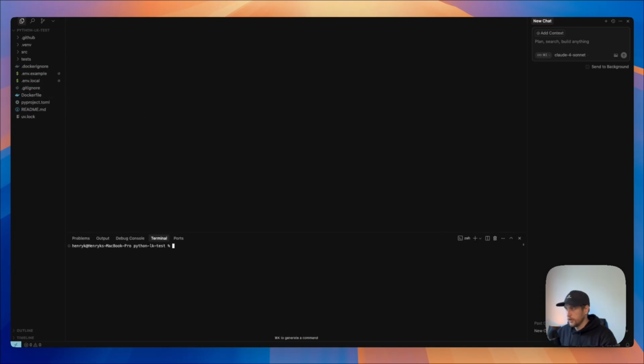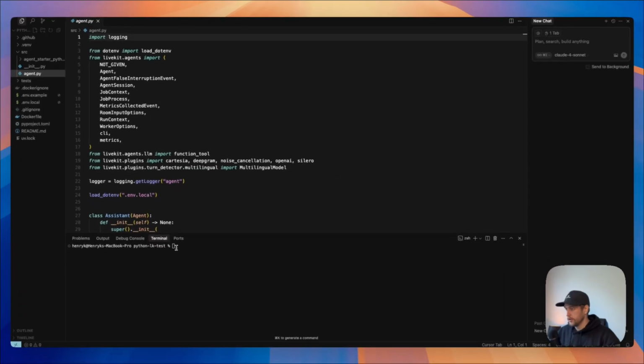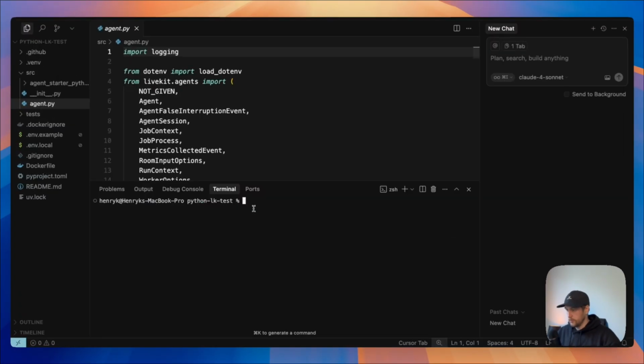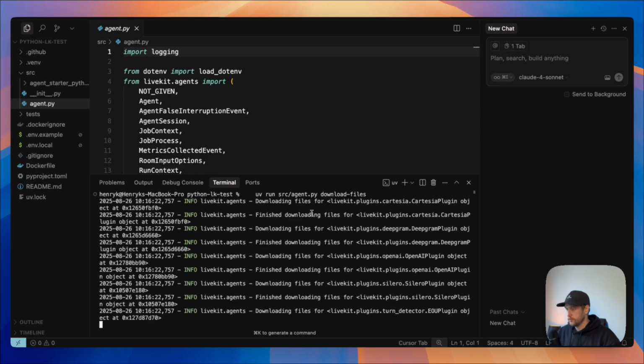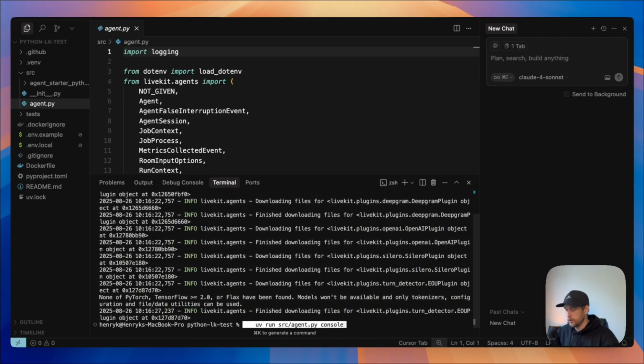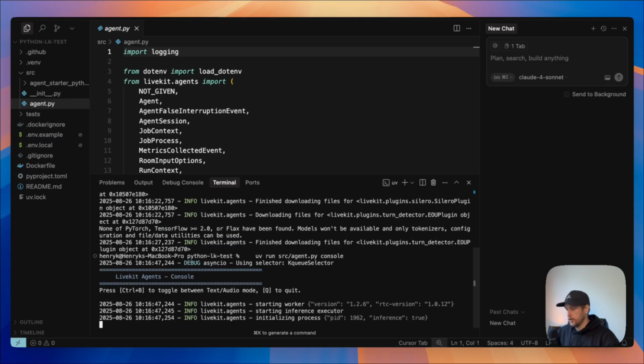So what we're doing now is we're going to run this file right here. And to do that, we are going to type in this UV run source agent. And it's going to download all the files for us. Now to run this in our console, we simply paste this in UV run source /agent.py console, and it will